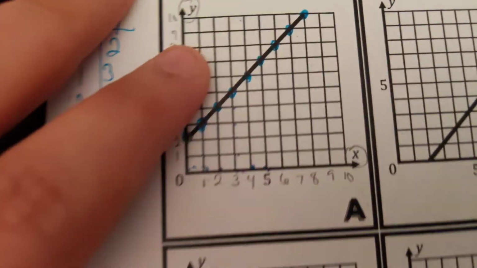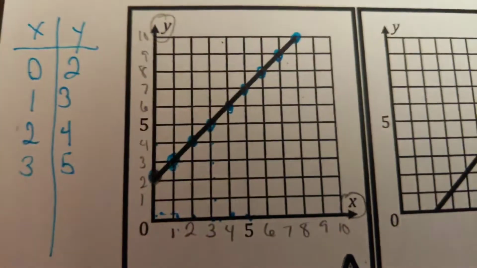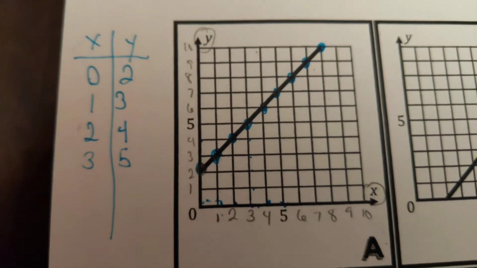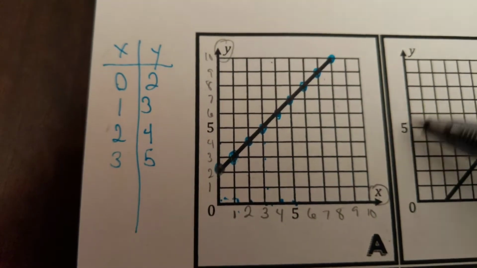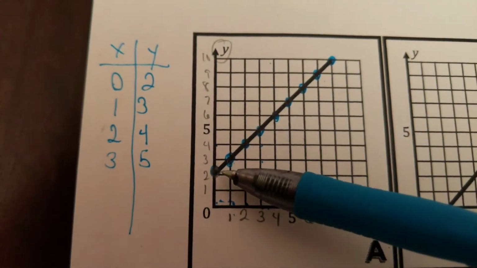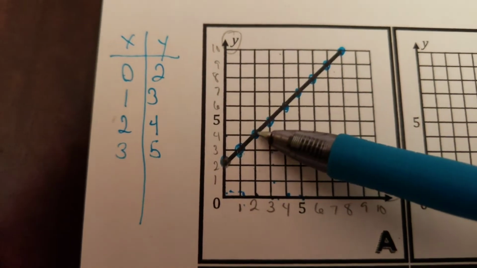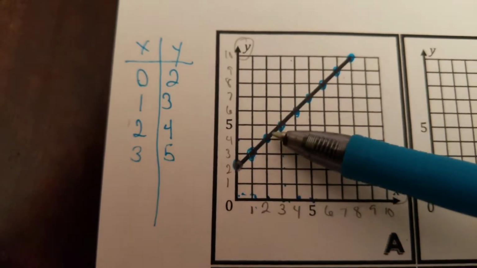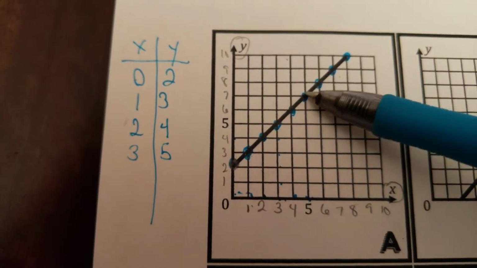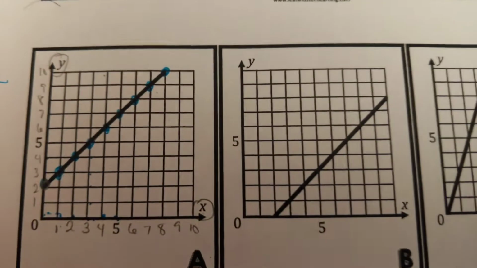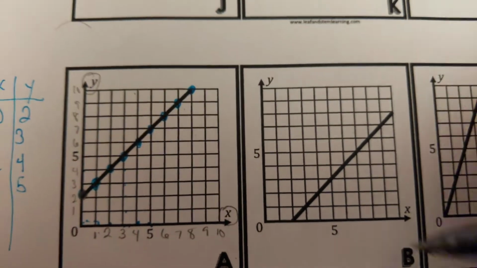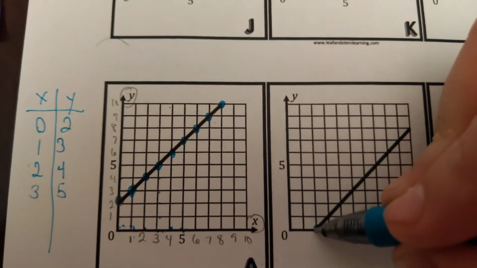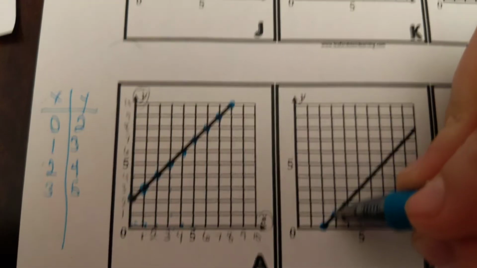Okay, so here's what we're going to do. First, I'm going to start with letter A. I've already drawn some points there for you and made an X and Y table. This is my suggestion to you. Every single time that you see the line crossing at a corner, that means that that's going to be a point. So for example, in letter B, you see that it starts right here. This is where the first point would be, second point,